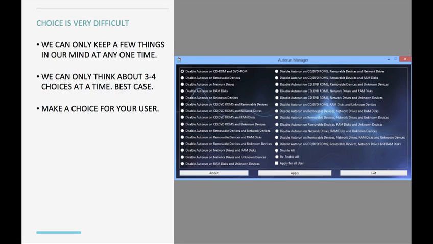And this is at the best case. 3 or 4 items we can keep in our mind in the best case. Think about the impact of stress or illness. It reduces this amount. So if you are writing software, for example, that's used in emergency rooms or in safety critical situations, you also need to factor in that these people are under stress. What can I do to relieve that stress instead of adding to the confusion?